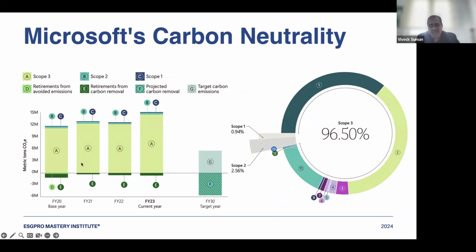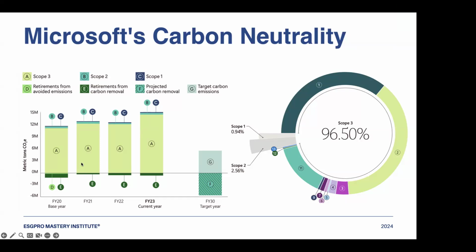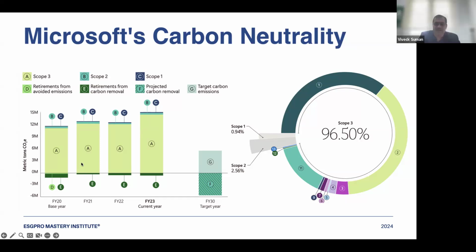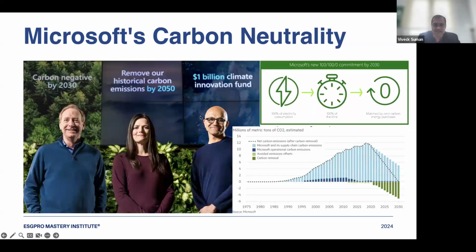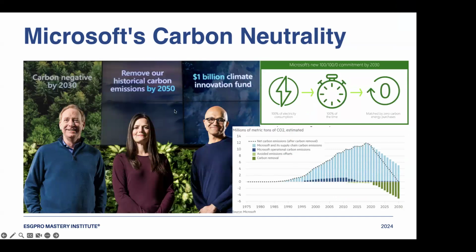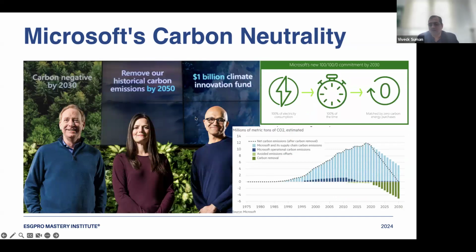I have used two terms. One is retirement or removal, which is similar, so don't get confused with that. Retirement or removal is a terminology used in carbon emission. The second part is carbon removal, and carbon removal through offsets, right? Where is your confusion? On this slide, the avoided emission offsets in the graph. Yes, in the graph, this one.